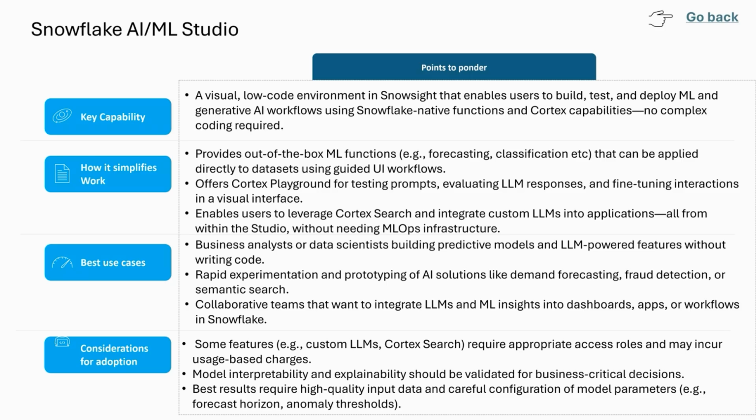In terms of adoption considerations, it requires certain access and roles, etc. Cost should be a key consideration whenever we use custom LLMs or industry standard LLMs. We need to iteratively decide what the optimal models are for the use case.